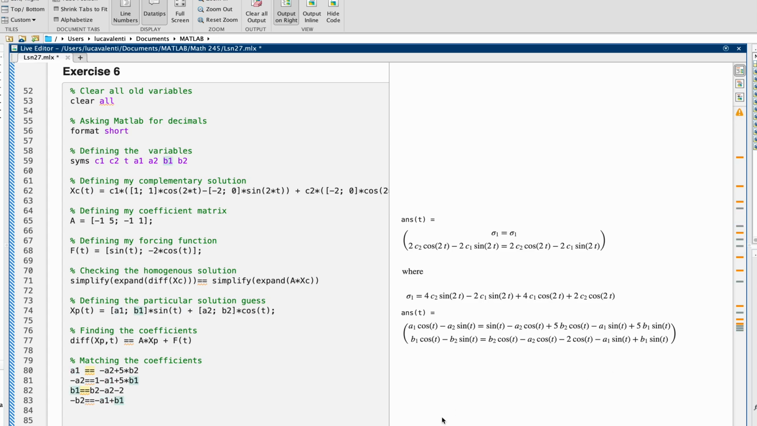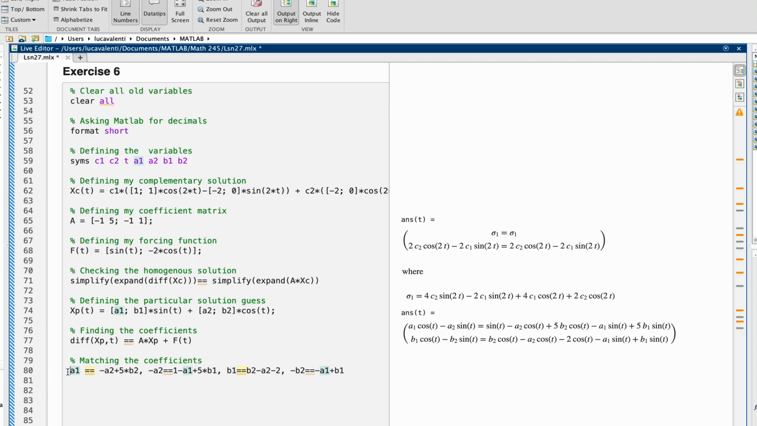Okay, so let's just check. B1, negative A1, negative B2, okay. Then negative 2, negative A2, B2, B1, 5B1, negative A1, 1. So here I see 5B1, negative A1, 1, negative A2, and here I have A1, negative A2 plus 5B2. Now I have 4 equations, so I'm confident I can